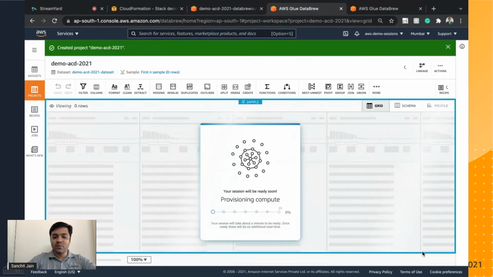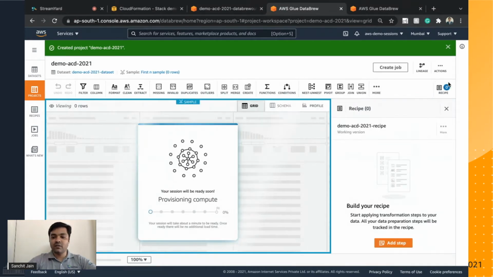So I click on create project. Now, this is a very interesting thing I want to walk you through. When I'm creating a project, this entire loading time will take a minute or two. What it is doing behind the scenes, as you can see from the messaging coming on the screen,